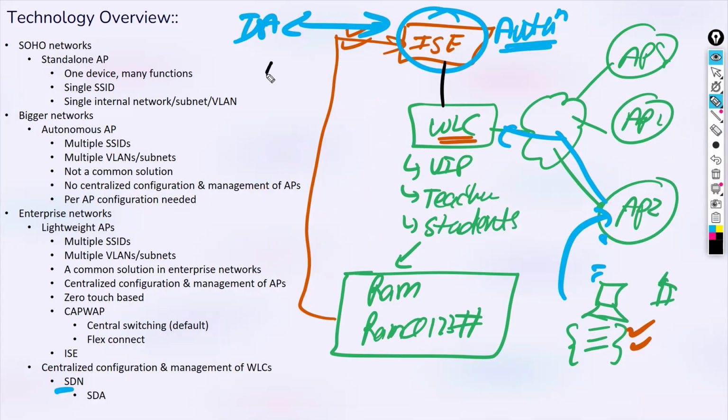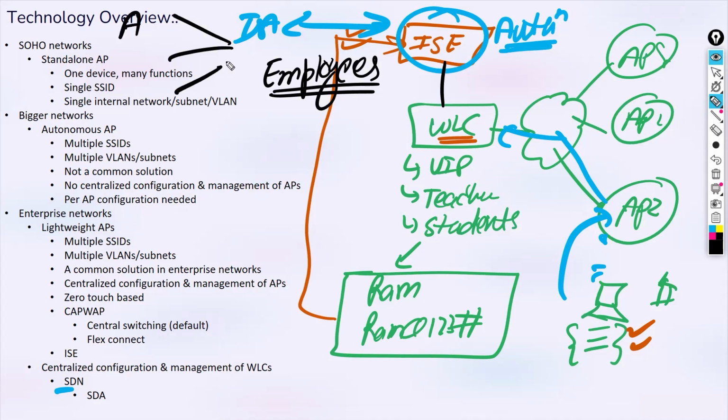Let's say you created the SSID name as employees, if I talk about just some office network. From there, if you see here, I have those three A's, right? Authentication. So first in ISE, you will configure the authentication policies, wired, wireless, MAB, and all. We'll talk about that. Then we say authorization.